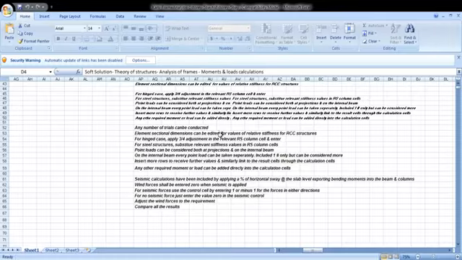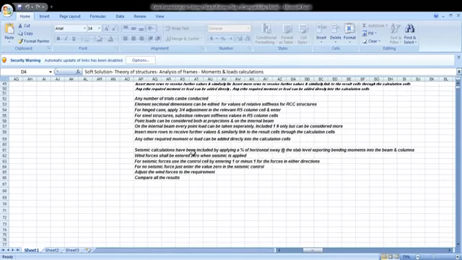Element sectional dimension can be edited for various values related to stiffness for RC structures. For higher cases, apply 3 or 4 adjustments in relevant RC column cells, and for steel structures as given here. Seismic calculations, and also any required number of loads, can be added. Seismic calculation has been included by applying a percentage of horizontal sway at slab level, exporting bending moment into beam